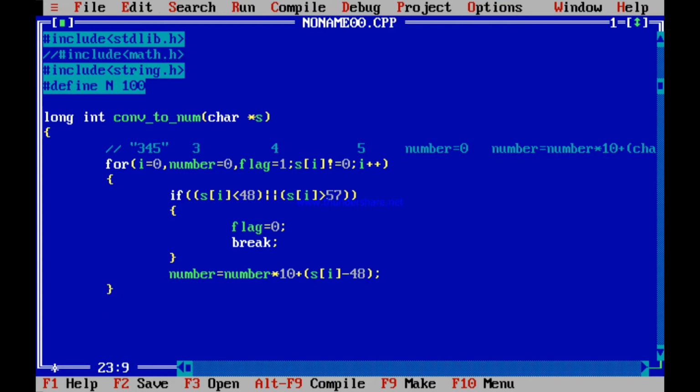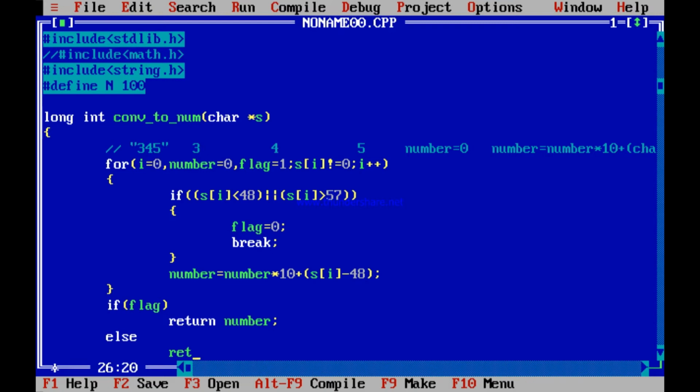Now over here you can say if flag is equal to 1. Here you can write if flag, because over here it automatically is 1. So if flag, then the number is ready, return number. But if flag is 0, else, that means it entered this if block. If it entered this if block, that is, it is not between 0 to 9, so it is not a digit. So here what do you return?